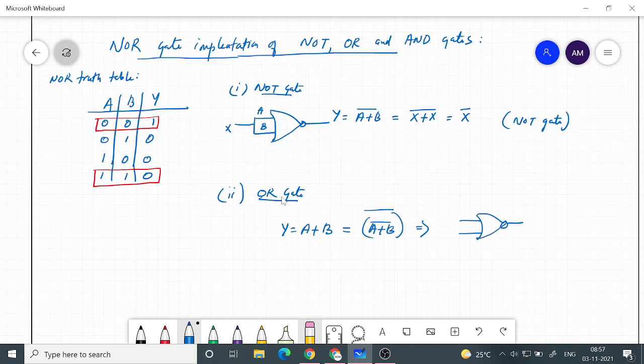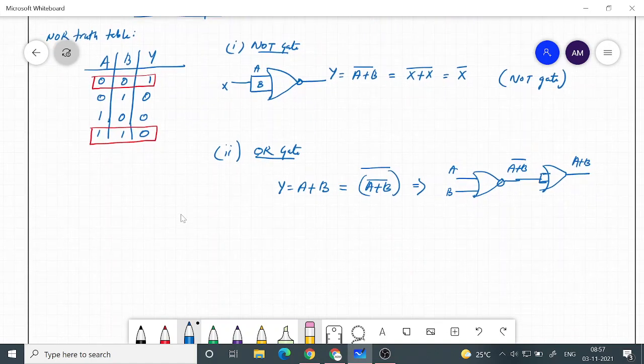So this is the symbol for NOR gate. You give A and B, at the output you will have (A plus B) bar, and then you complement one more time. Okay, so that will be ((A plus B) bar) bar, or A plus B. The complement of the complement is the same Boolean variable.